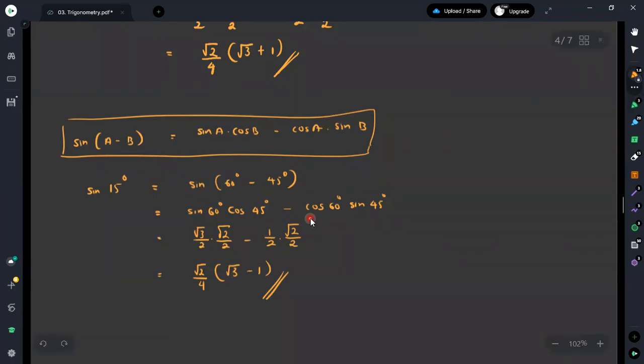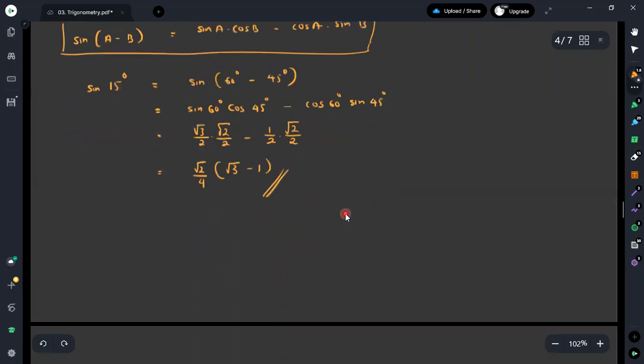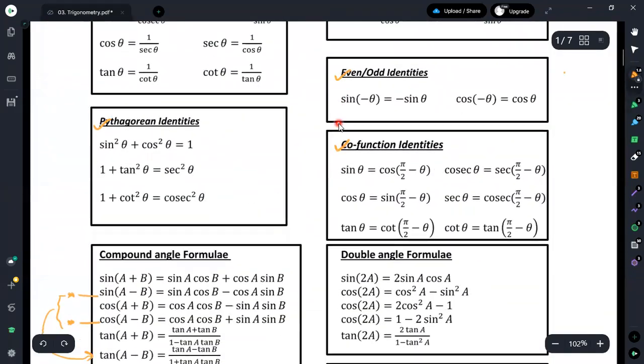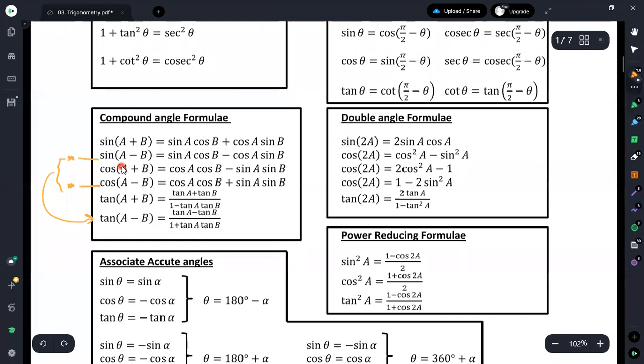And now I will move to the summation of compound angles for the cosine function. Cosine(a plus b) can be written as cosine a times cosine b minus sine a times sine b. According to the equation given, cosine(a plus b) is cosine a times cosine b minus sine a times sine b.